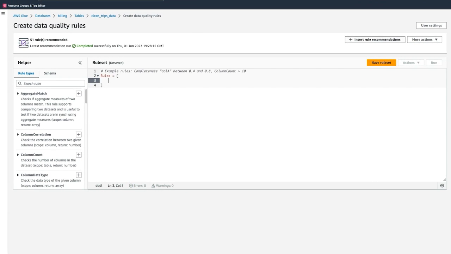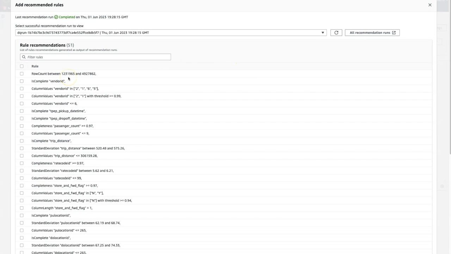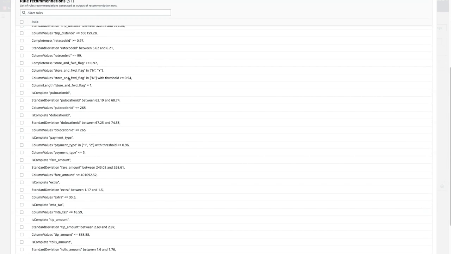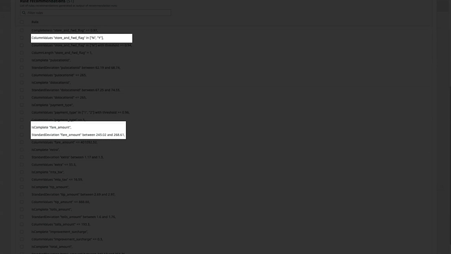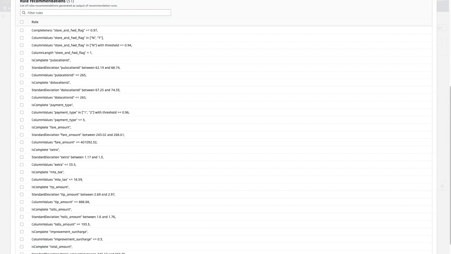Now, the data quality recommendations are complete. Let's explore the recommendations. You can see that Glue has generated rules that check for record counts, valid values, completeness of data, and standard deviation checks. These are generated based on your dataset, which makes these rules highly relevant for your use.